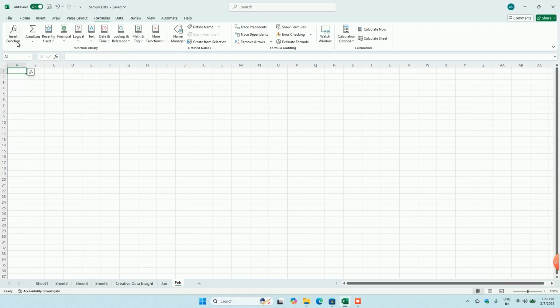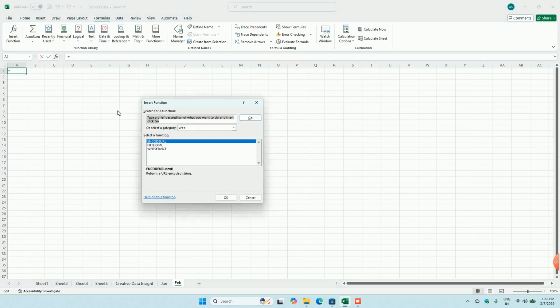And then we have Formula. This is an insert function. You can see all the formulas are available inside Excel. For example, if you want to see the most recent one, then you can select recently used functions. If you want to see all other functions which are available in Excel, you can see them. You can even type any function, and it will suggest related functions as per the text you have entered. You can take help on that particular function.